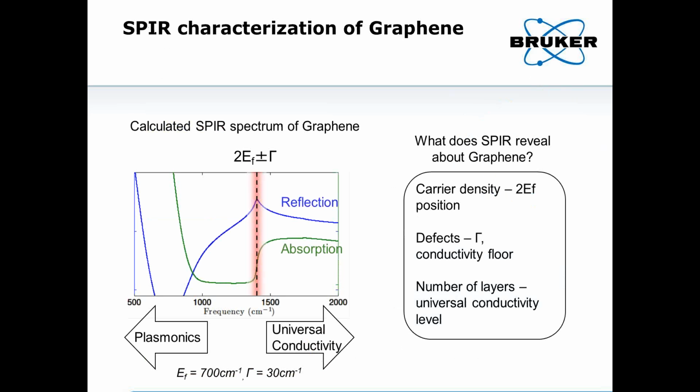As a last example of some experimental results on the Inspire, we would like to now switch over to graphene. Graphene is a very fascinating material. It's a two-dimensional material, only one atom thick. It's a one-atom thick layer of carbon. In the infrared region, graphene has a very interesting infrared spectrum, and in the SPIR imaging